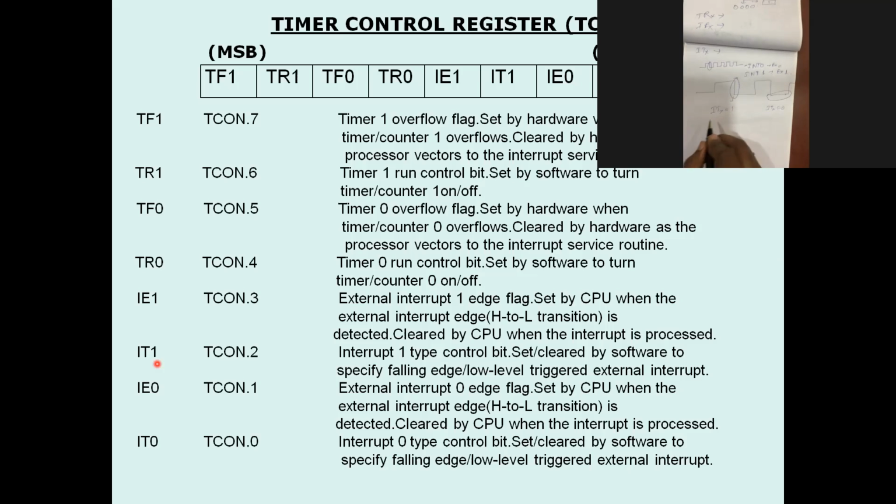Sir, ITX means IT0 is for external interrupt 0, and IT1 is for external interrupt 1. Okay? Write down ITX. This bit is set or reset by the software or user.